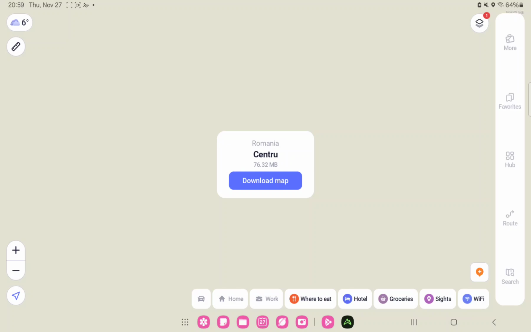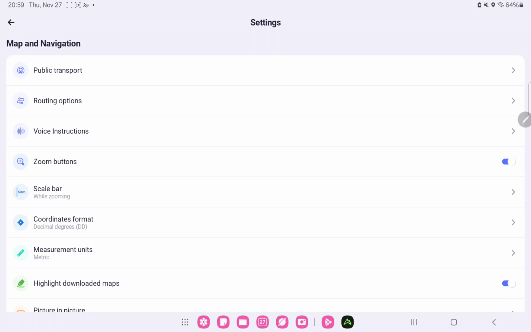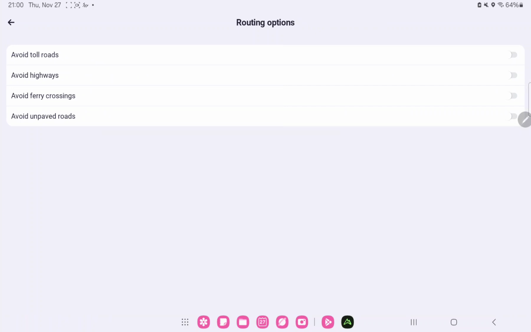First of all, open the application on your device. So, that's the home screen and you can find different buttons. Now, just go to the right bar, click the first option, the More, and here you can find the settings. Go to the settings, the second option, the routing options, and here you can find the third option, the